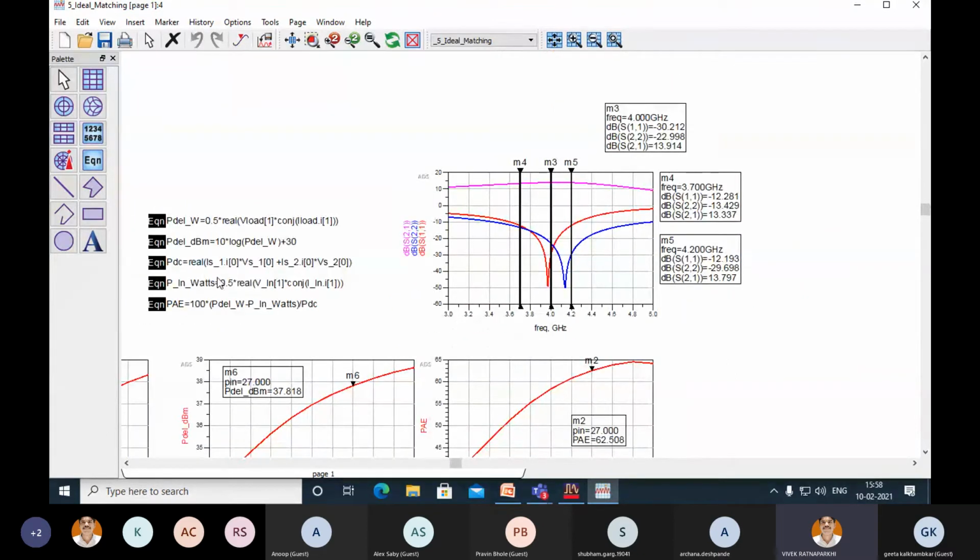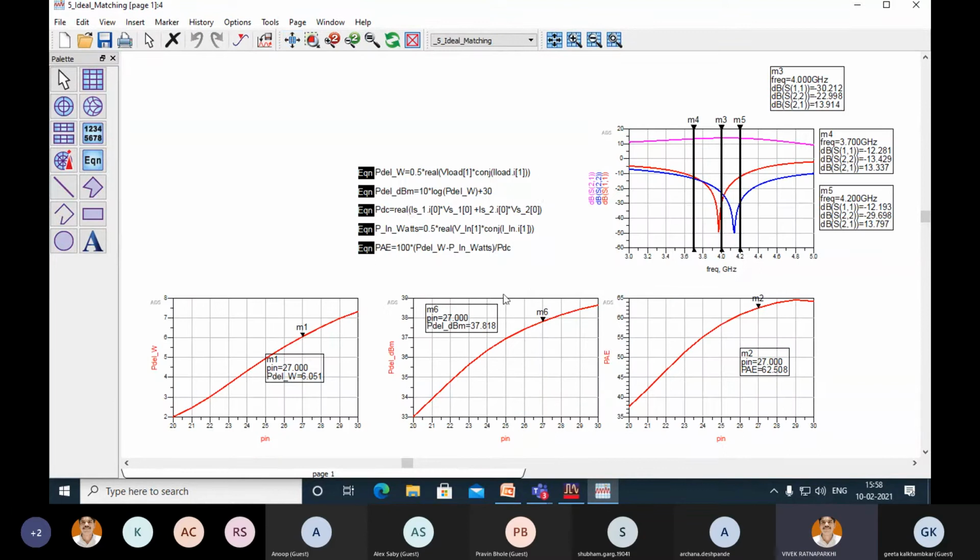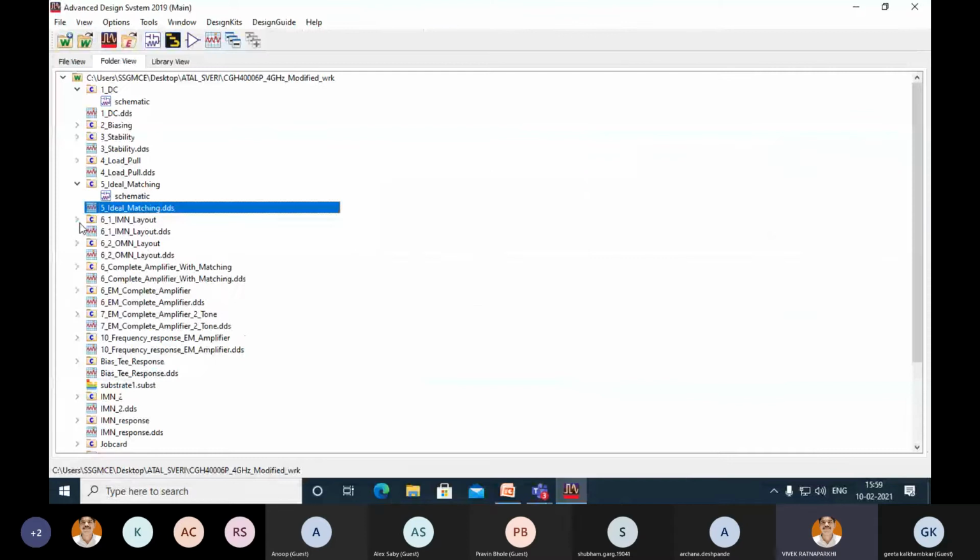With the help of some set of equations, which are always there in load pull, or you can write them on your own, they are pretty simple to write. Once you have done it once, later on you can just copy them and use them in other workspaces. So you just have to see what are the best suitable impedances which you will be showing to your transistor at the input and output side. And once you have decided those impedances, then you can go ahead and design your matching networks.